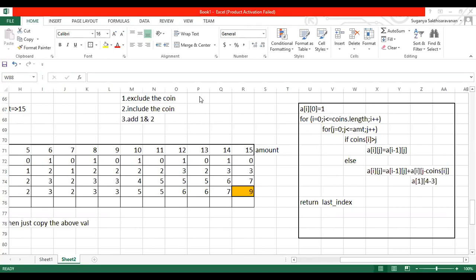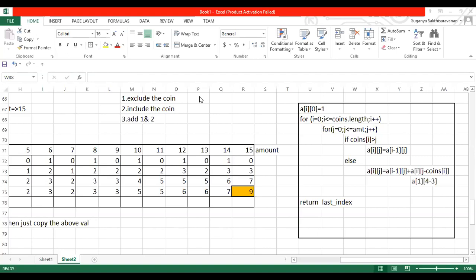Come on, execute it and make it faster. So more or less your dynamic programming is going to be like this only, guys.